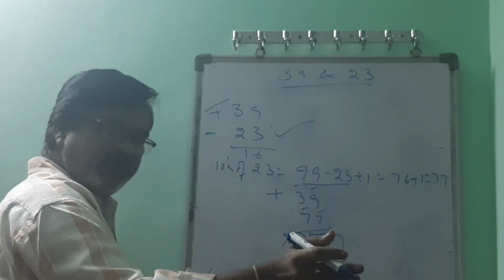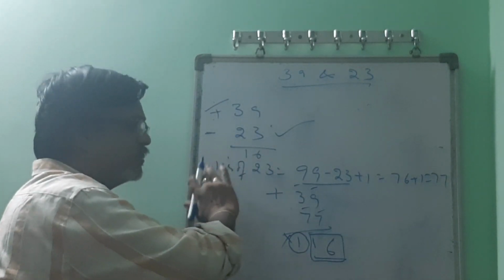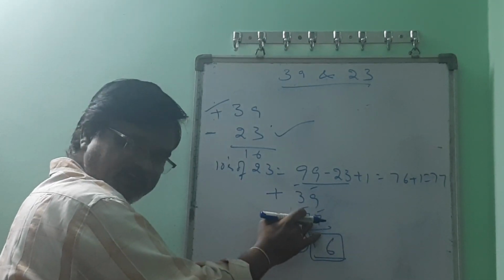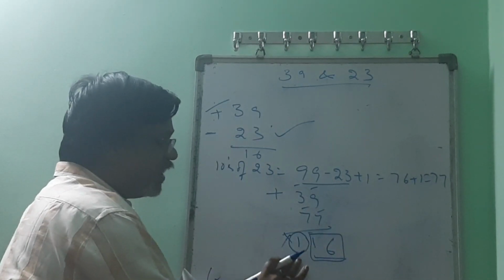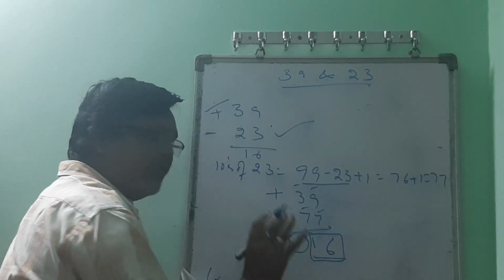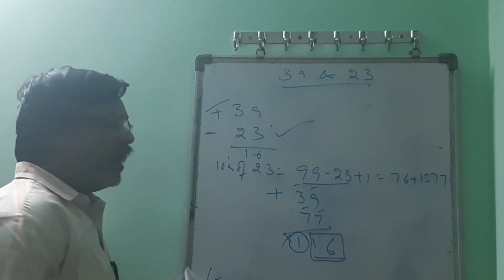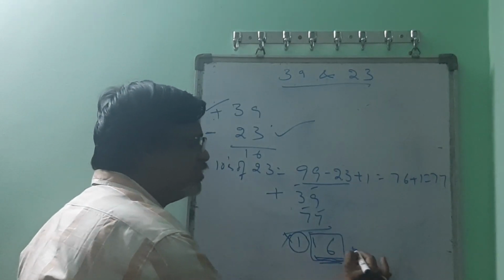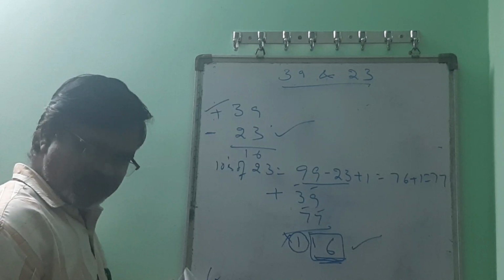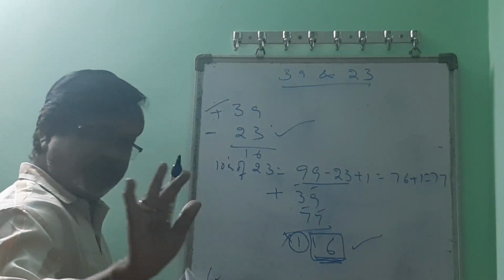After converting the second value to its tens complement, if you perform the addition and in the result you get 1 here, that is a carry bit or overflow bit. Simply discard that overflow bit and consider only 16 as your final result. This will be considered as a positive number.